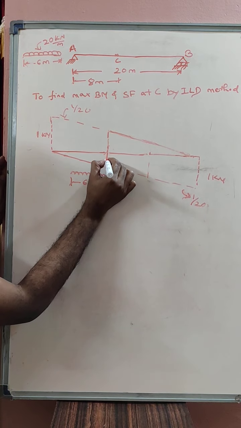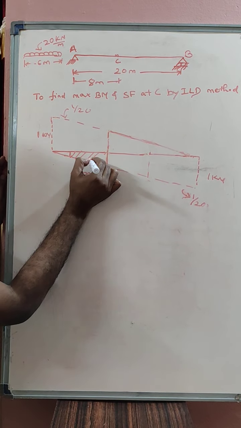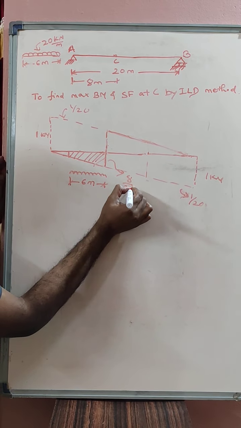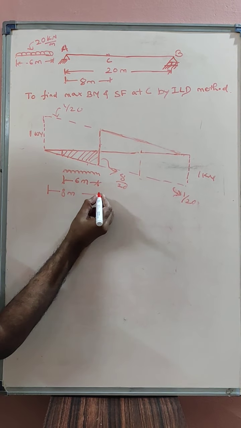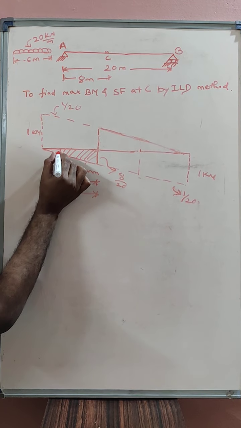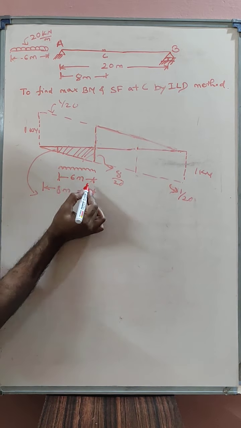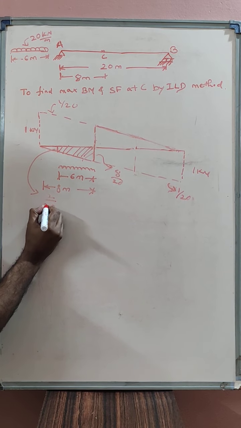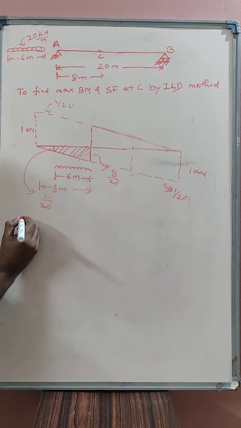And now we have to find out these ordinates and this area. We know this is already 8 by 20, that is 1 by 20 into 8, because this is 8 meters. And what about this ordinate? This ordinate is 1 by 20 into 8 minus 6, that is 2 by 20. So this ordinate is 2 by 20, and this one is 8 by 20. So maximum